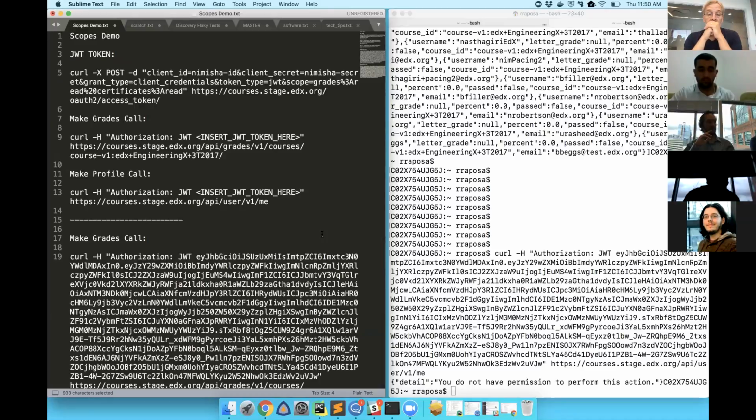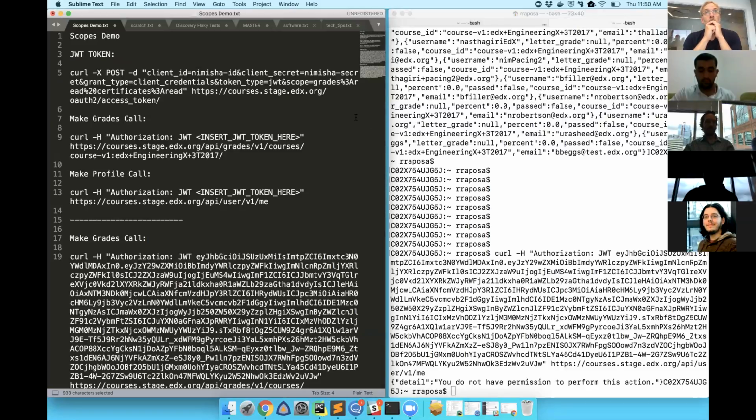What we're doing here with scopes is basically restricting what endpoints an application that receives a token can access. And what he demoed here was the client credentials grant type, which is for server to server calls.